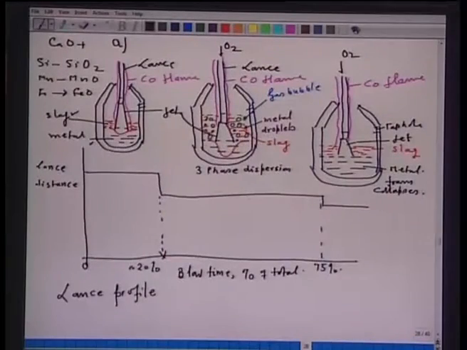So, this particular purple color shows the evolution of carbon monoxide exiting from the mouth of the converter. Now, after around 20 to 25% of the blow, the lance distance is reduced. The reason for reduction of the lance distance is that if we blow at the lance distance used in the beginning, then the depth of penetration will be low, and most of the oxygen will be supplied at the bath level or just below the bath level.